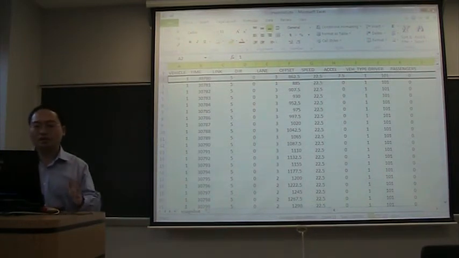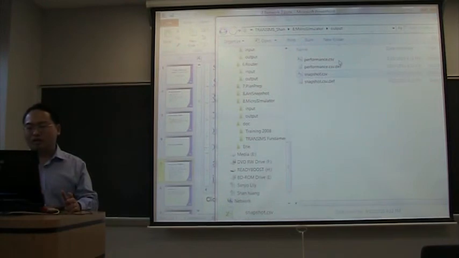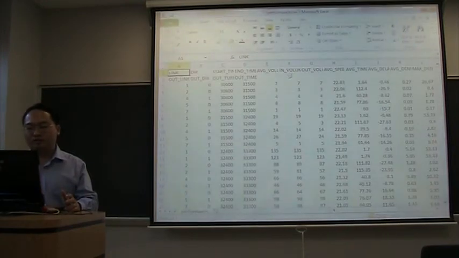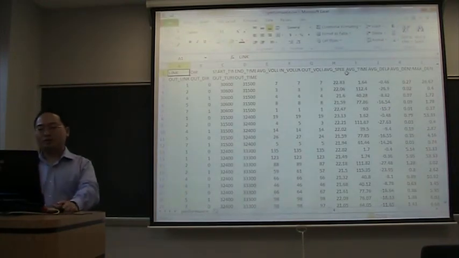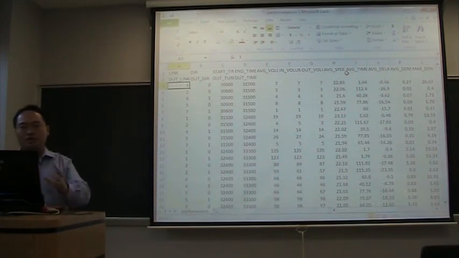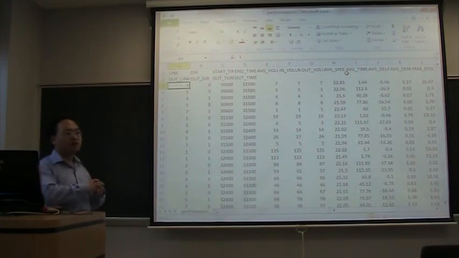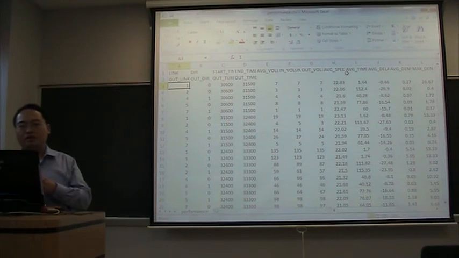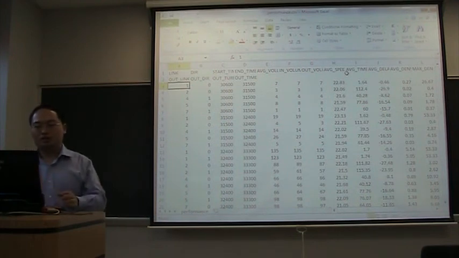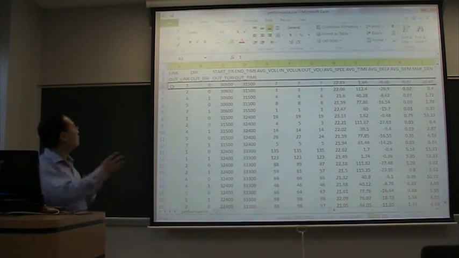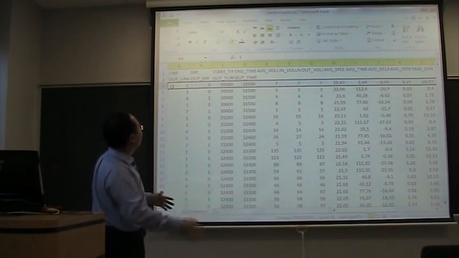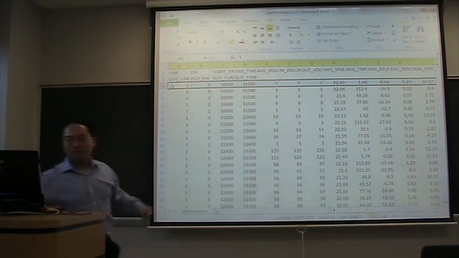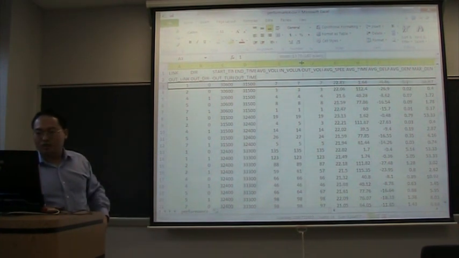We can visualize later. Another file is called performance.csv. In this file, you will be able to see the aggregate performance of each link. So, for example, here is link 1, direction 0, one direction, AB, and it has average volume